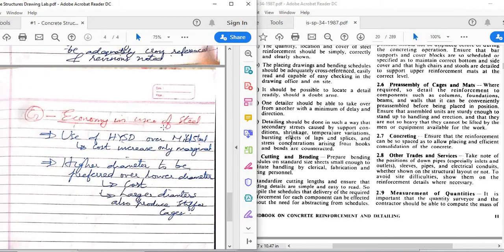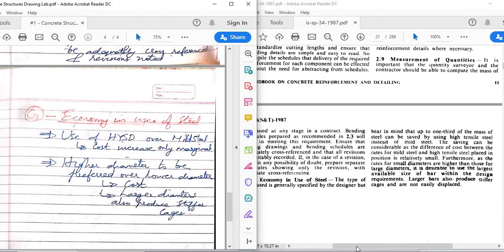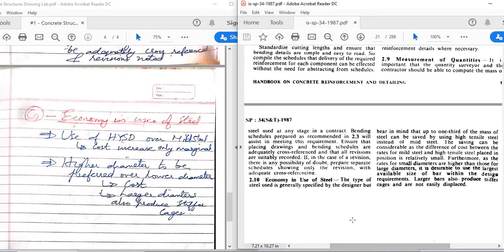And last point, economy in use of steel. Now this is not referring to the economy in structural design, that of course we have to ensure, but this is referring to certain practical aspects that should be considered while design which will ensure economy. For example, we know HYSD bars and 415 grade and above steel.